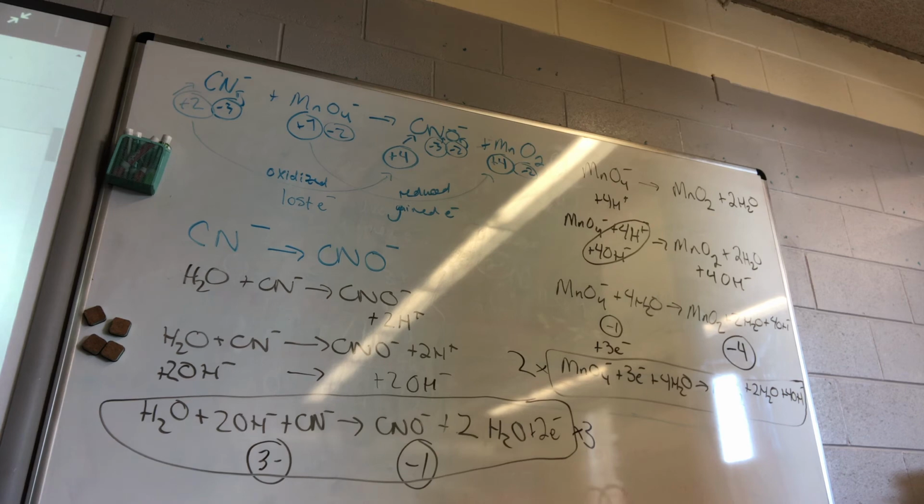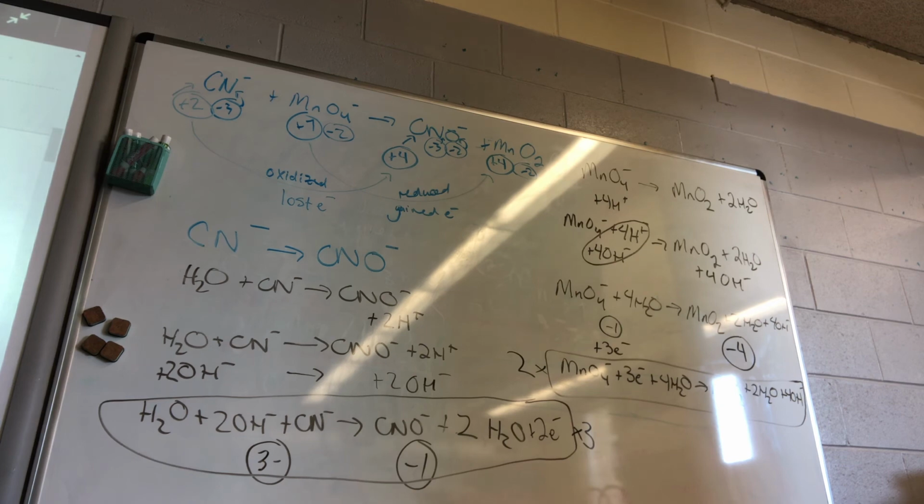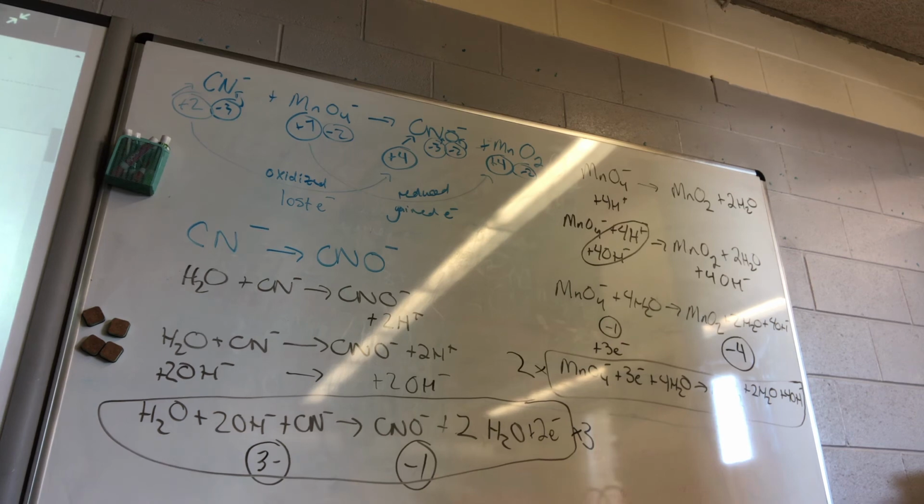Here's where I'm at before I cancel out my waters. I already canceled out my electrons. I've got 11 waters on the left and 10 on the right. So these are going away, and I'm going to be left with 1 water. What else cancels out on both sides? OHs. I've got 6 on the left, which leaves behind 2 on the right. So my overall reaction, once I rewrite everything,